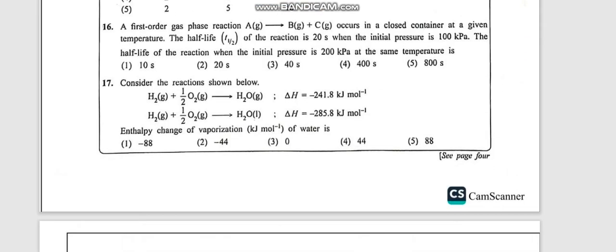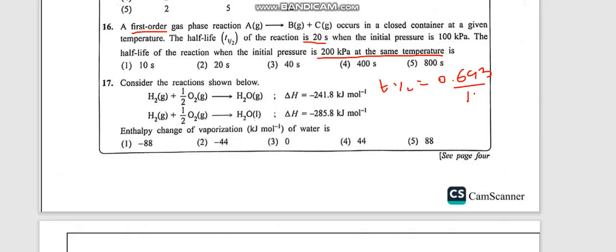Okay, now let's see the 16th question. A first order gas phase reaction, A becoming B plus A occurs in a closed container at a given temperature. The half-life of the reaction is 20 seconds when the initial pressure is 100 kilopascal. Half-life is 20 seconds is same. The half-life of the reaction when the initial pressure is 200 kilopascal at the same temperature. Now first we'll write the equation for half-life for a first order reaction, that is 0.693 over